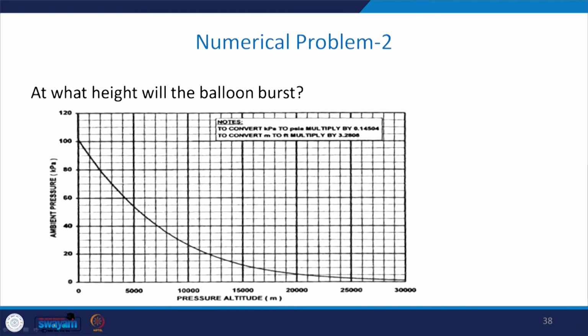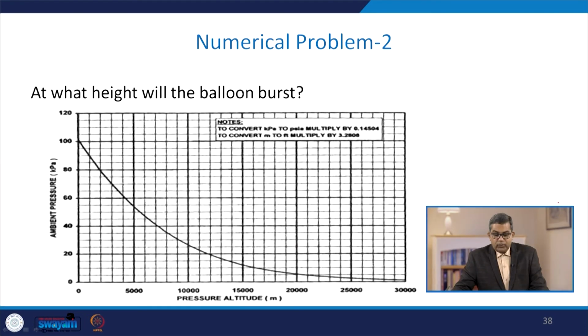Now again, if we take the additional aspect of at what height the balloon will burst, we have to take the similar data which we indicated in the previous problem. Here we can directly apply Boyle's law to obtain the pressure where the final volume will become 2 liters. So in that case, P1 V1 is equal to P2 V2. Here P2 is equal to P1 V1 upon V2, and that is 101.3 into 1.5 by 2, and that is